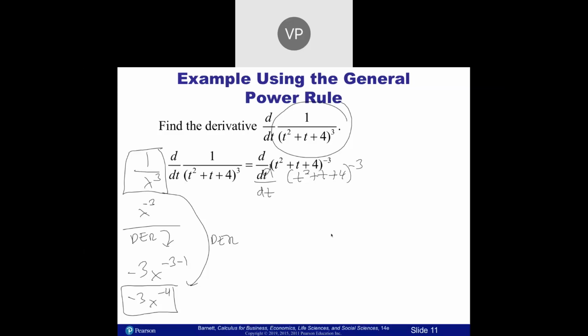We're on a slideshow here. That's what they did right here. Exact same thing that I'm erasing right here. They brought it up to make it a -3. And then the next step,